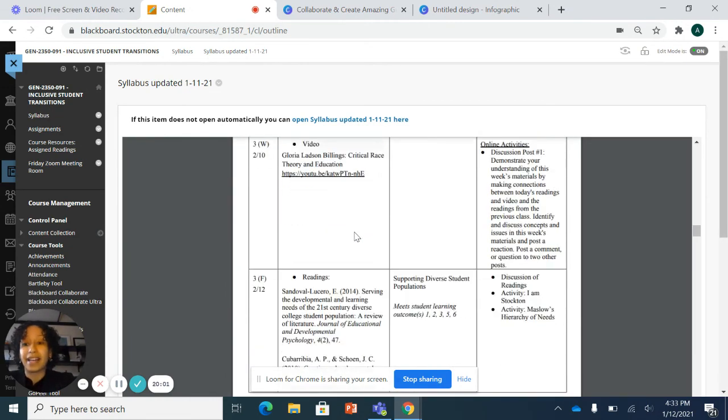There's 4 head talents, and they are Divya, Destiny, Lauren, and Katie. And our lead head talent is Elise. But you'll be working with the first 4 that I mentioned.